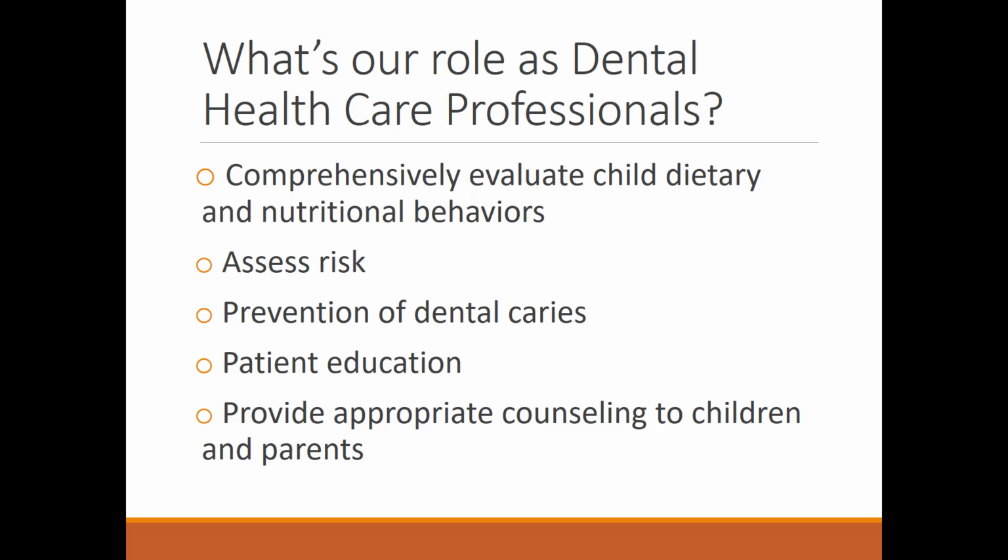to help reduce their risk. So patient education is a huge part of our job, and you're going to find that most patients really welcome any new knowledge that they're going to gain, and they all want to try and be better or do better. And when you see patients, it's important too that you're involving the parents in the decisions you're making, in the discussions that you're having with these children, and any counseling behaviors that you might recommend for them to benefit their